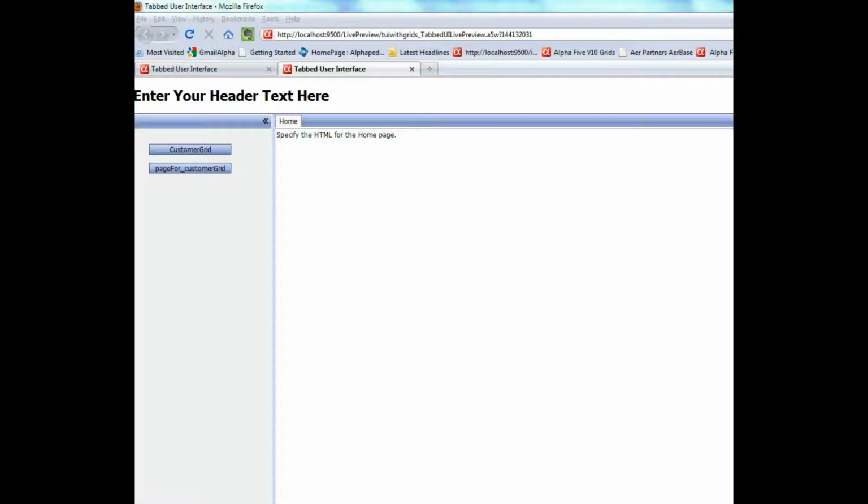In this video we're going to talk about how you can control whether a tab pane in a tabbed UI